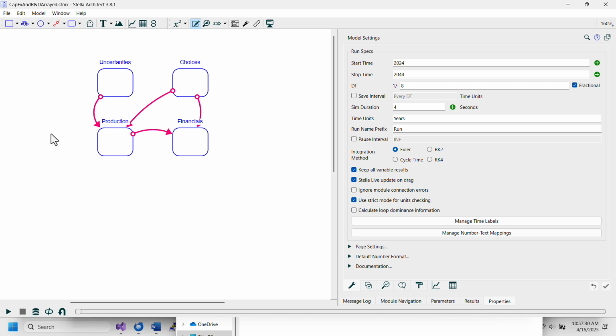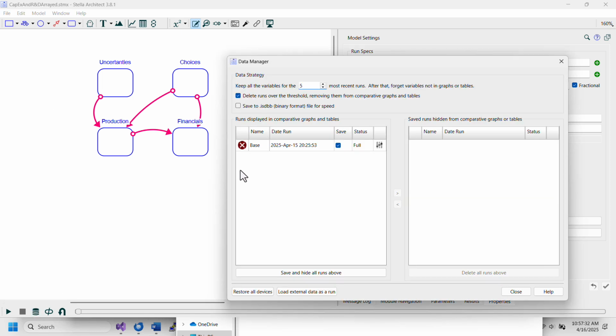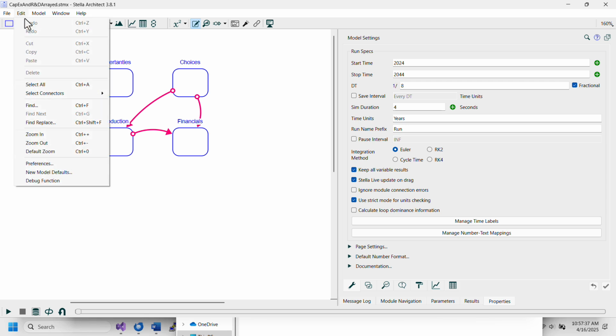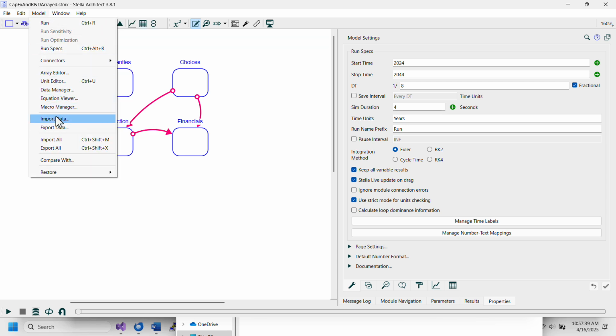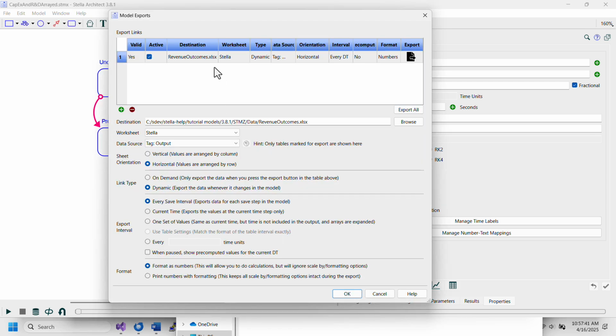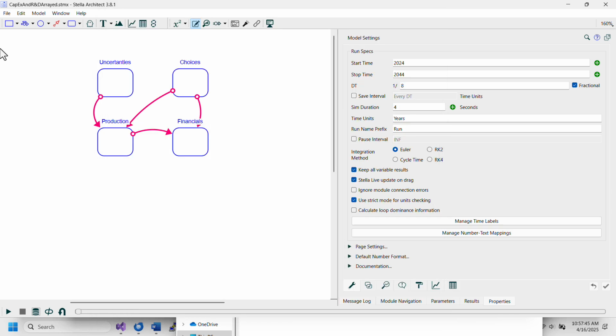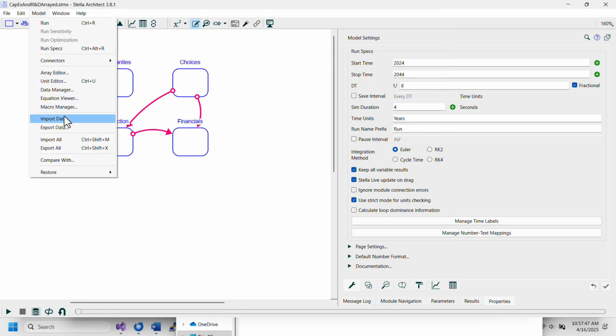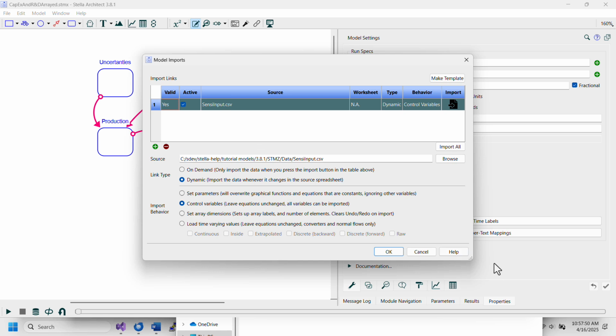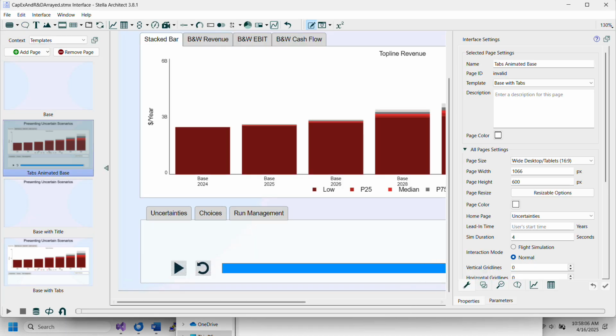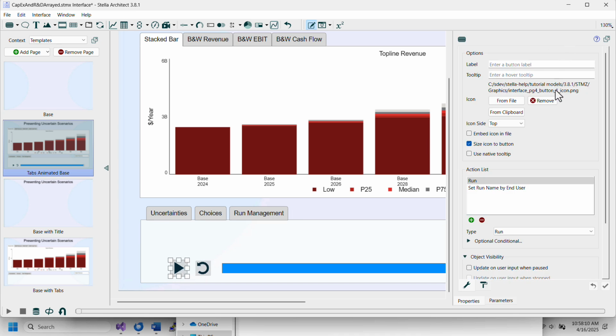So here's an example of a model. It has one run called base. In it, it's got some exported data, an Excel file in this case that we're exporting data to. It's got some imported data, in this case a CSV file, and it also has a couple of graphics and an interface. These are PNG files in this case, so there are several different files,